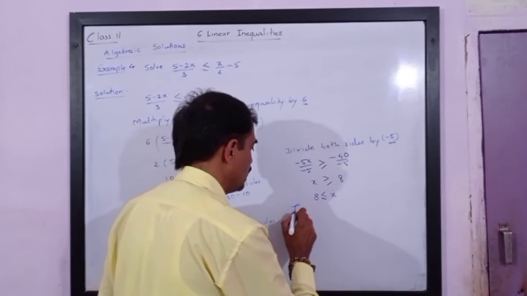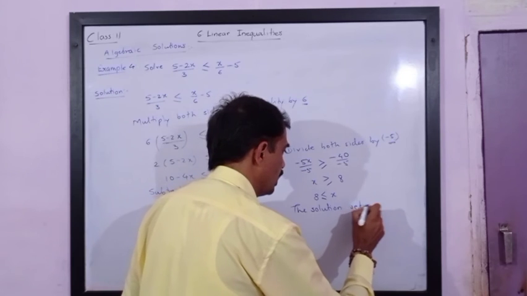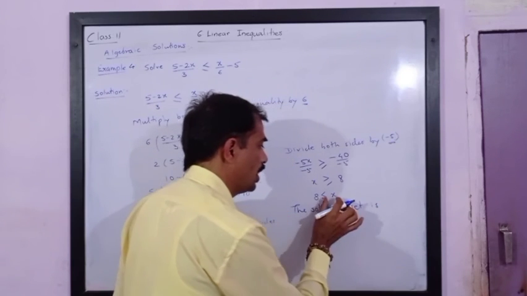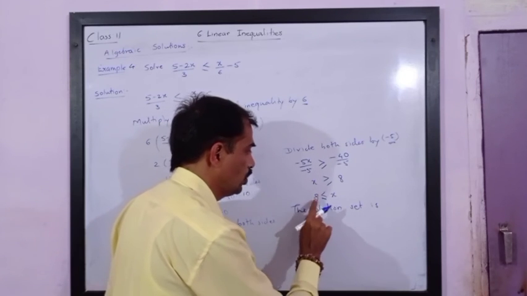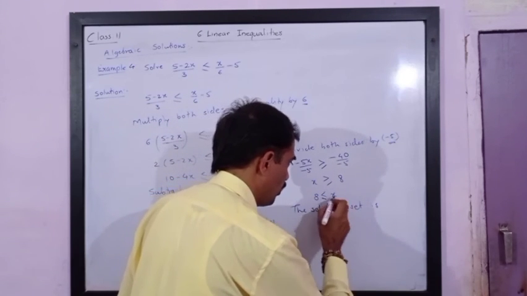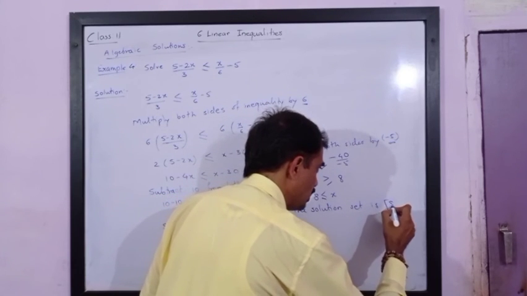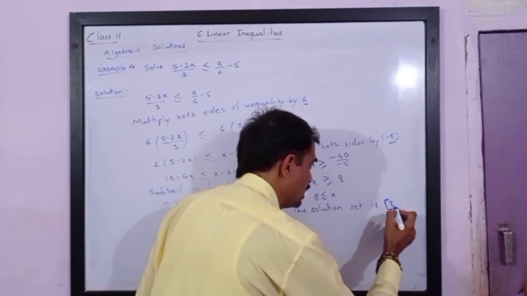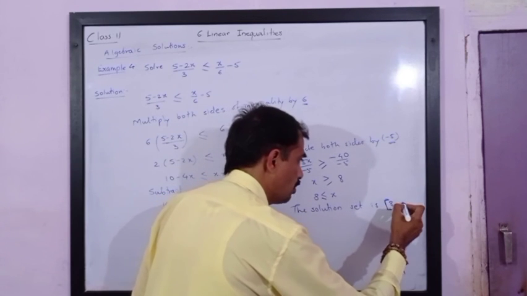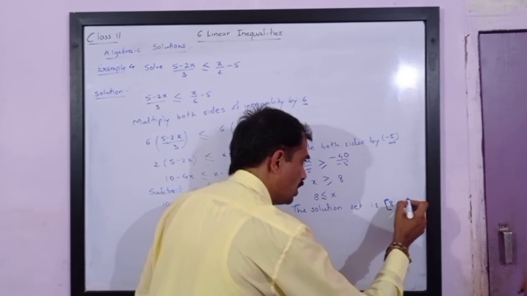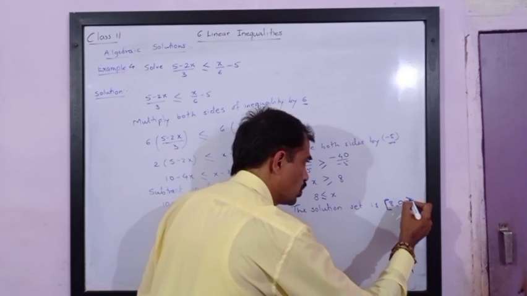So the solution set is, it will have all the real numbers greater than or equal to 8. It means the solution set of x is always greater than or equal to 8. So you will get 8. Please understand this square bracket means 8 is included. x can be equal to 8 up to a very large number, but a defined number. We can't write a defined number, we write infinity, so we are writing infinity as excluded.